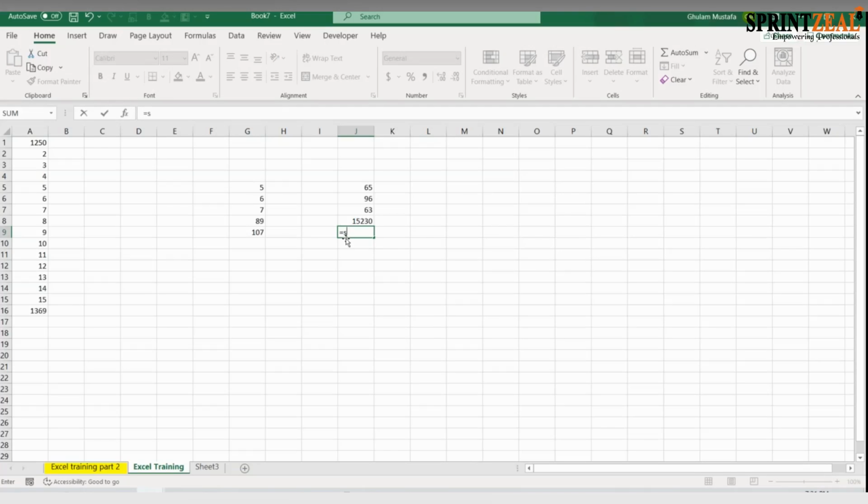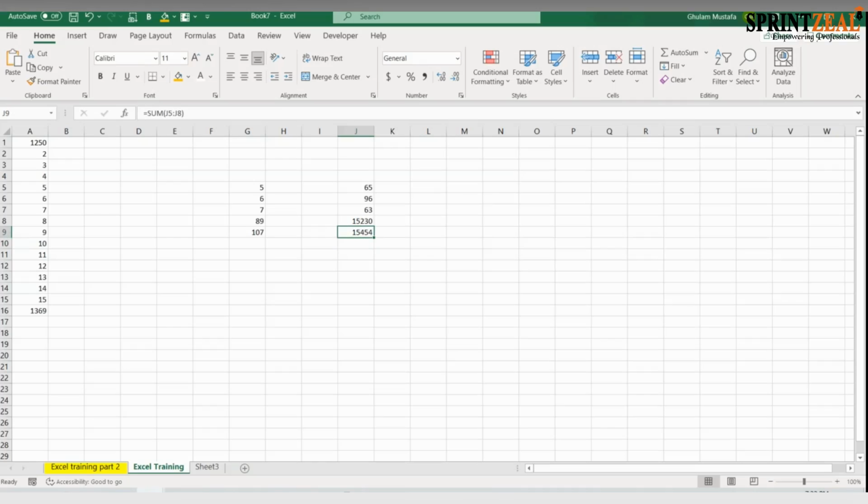Type in sum, and then you're gonna hit the tab, and then after tab, you're gonna go up to 65, and then hit shift, and then all the way down to 15230, and then hit enter. Very good, very awesome. You both are in fact very intelligent. Great. Okay, I get my desired answer.